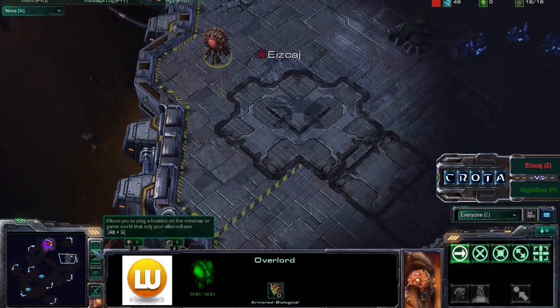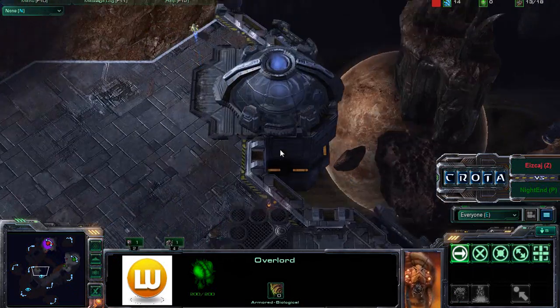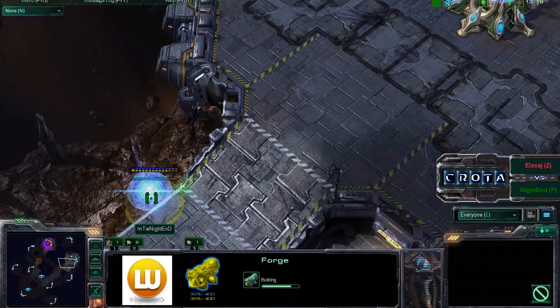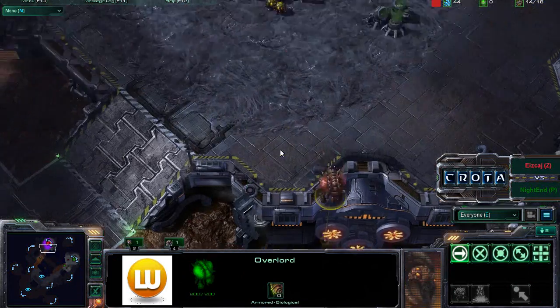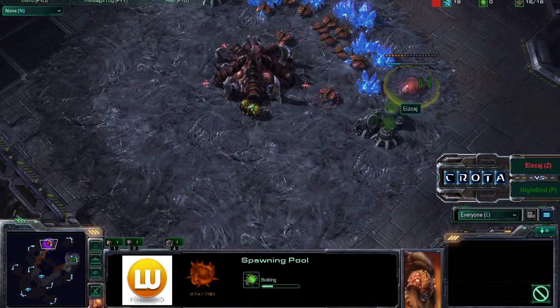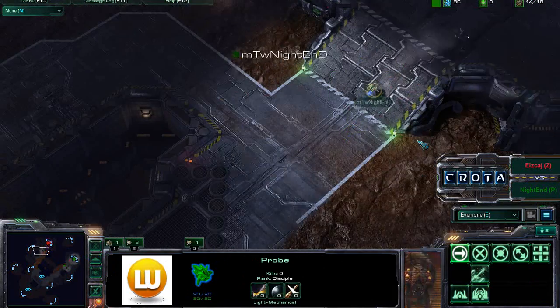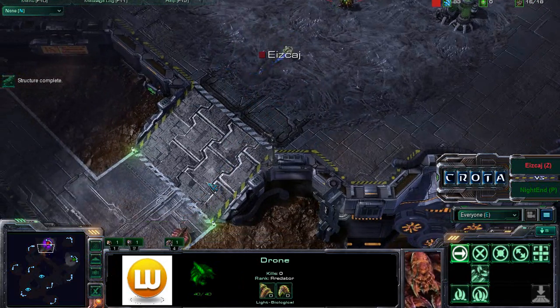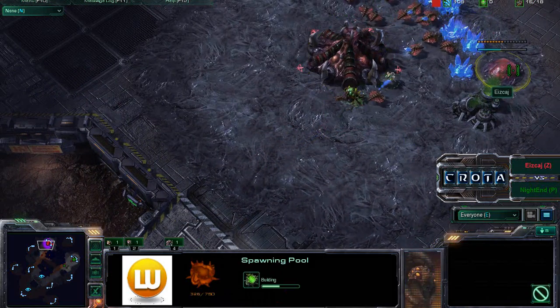We already have the Overlord now moving out, and I guess the question is going to be, will he try to proxy and do a cannon rush? That would be very, very interesting indeed. If he does go for some sort of cannon rush strategy, in comes this probe. Probe now going to go ahead and do a little bit of scouting, and perhaps pretend not to see